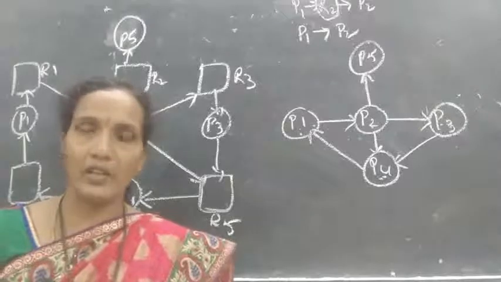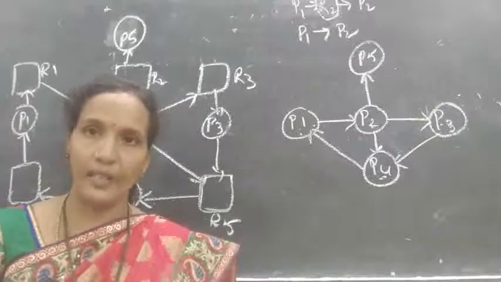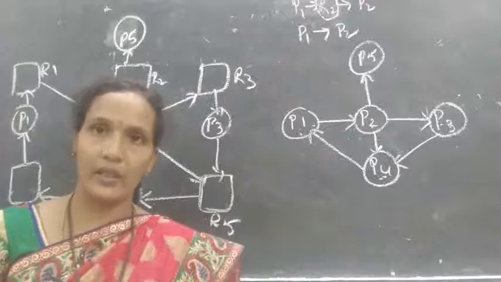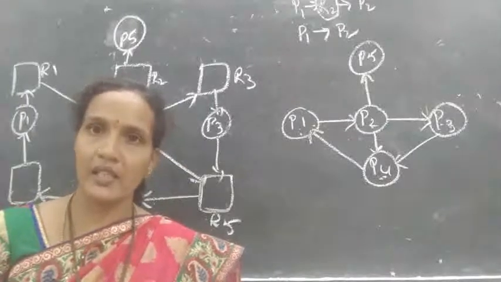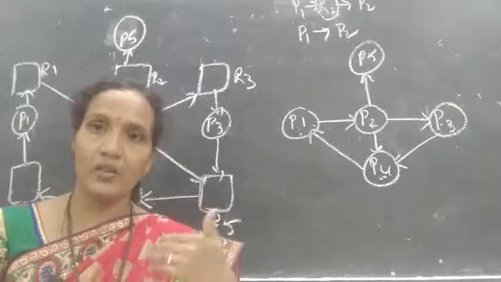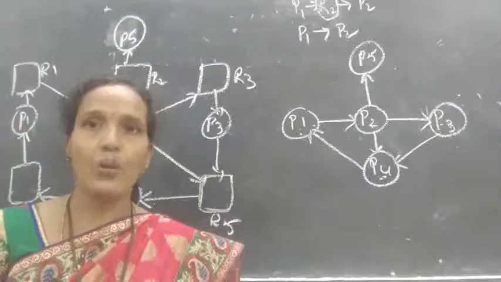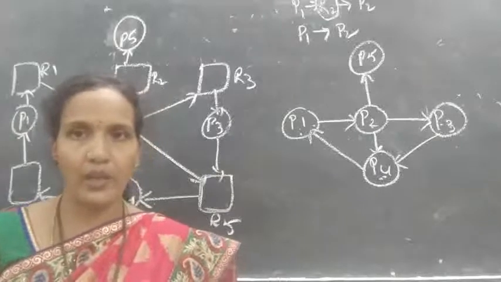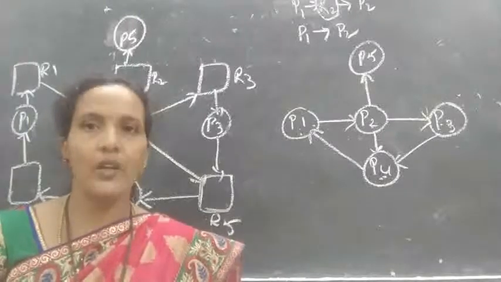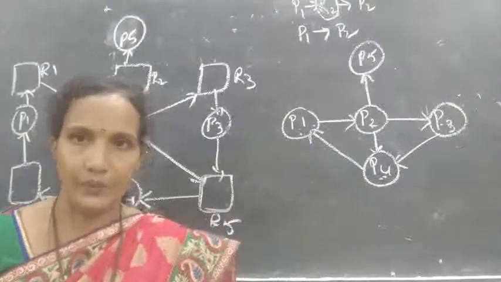Second case, deadlock detection if the resource type has multiple instances. Understood? If there is a deadlock, then you can detect it, and in two cases we'll use two methods. If the resource type has a single instance, then we'll use a wait-for graph. How it is constructed, I have already explained. If the resource type has multiple instances, then we'll go to the deadlock detection algorithm, which is similar to the Banker's algorithm. Now, for this algorithm, I'll give the data structures. You note down the data structures. We'll take those data structures for your algorithm.